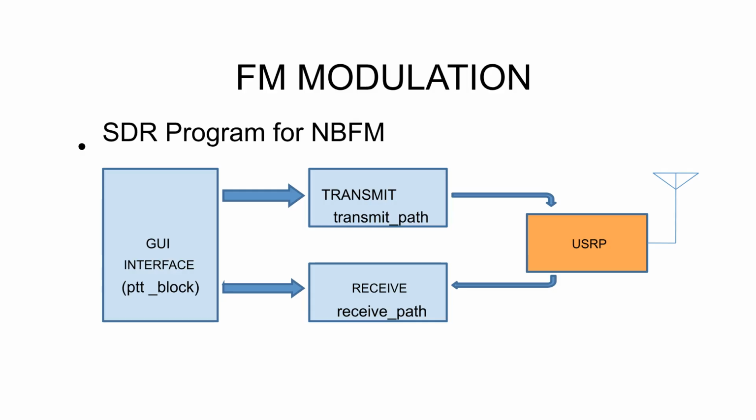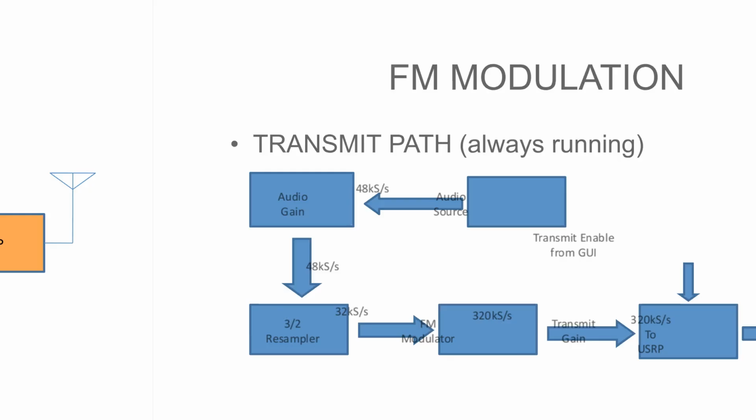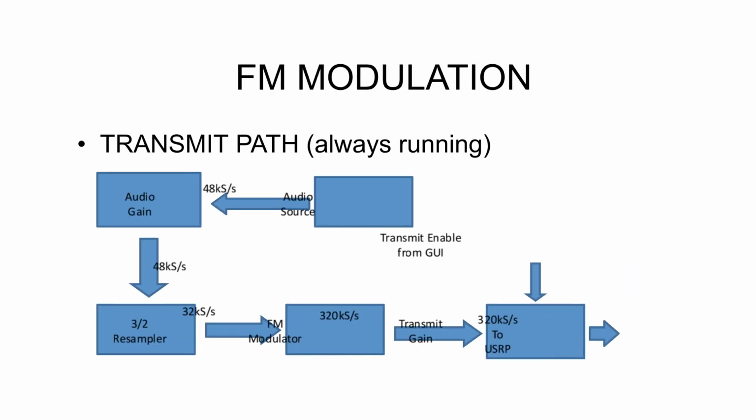This block diagram outlines the structure of an SDR program for narrowband FM. It includes a GUI for interaction, a transmit path to the USRP, and a receive path from the USRP. This shows the detail of the transmit path, which is always running. It includes blocks for audio source, audio gain, resampler, FM modulator, and transmit gain, sending 320 kilosamples per second to